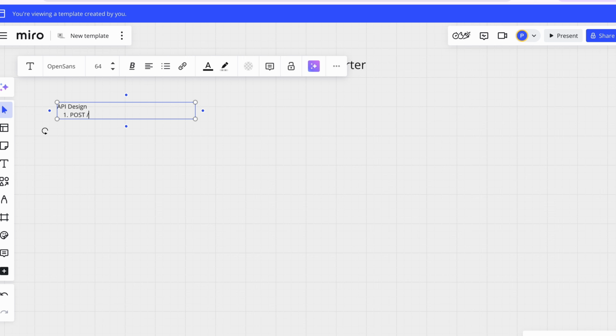Let's say we can create, yeah, we can have any name. For example, we can have post. Instead of create, we can have shorten. This will be my post API, and then it can have